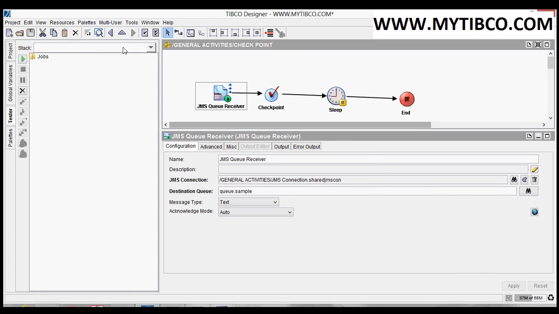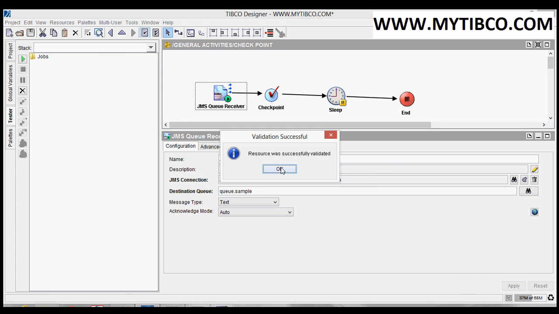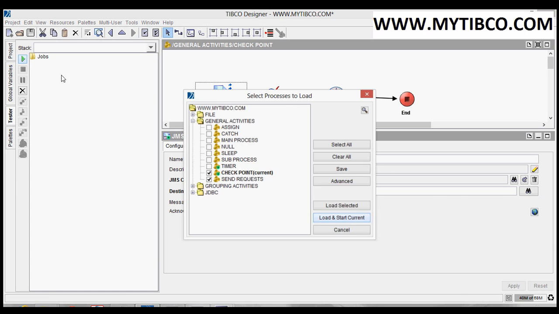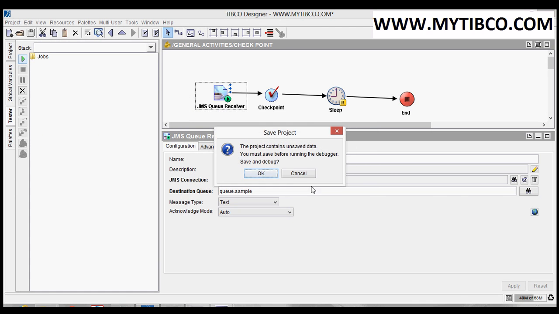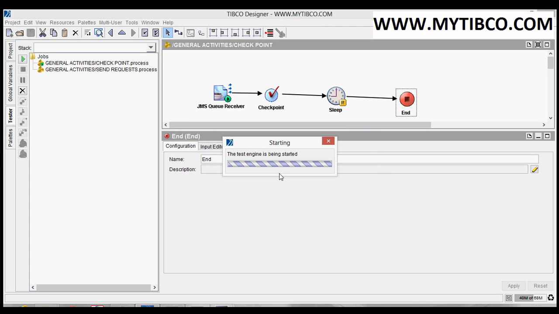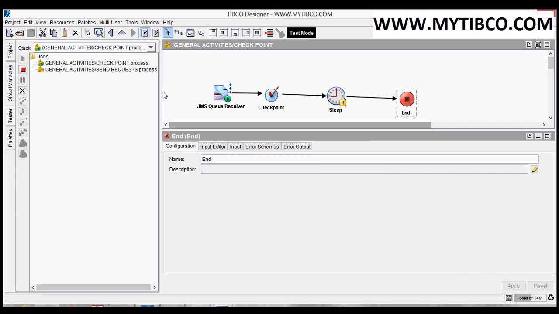Click on apply. Now run it. Okay, the engine is started. Now create a job for send requests. Select this process and click on create a job.